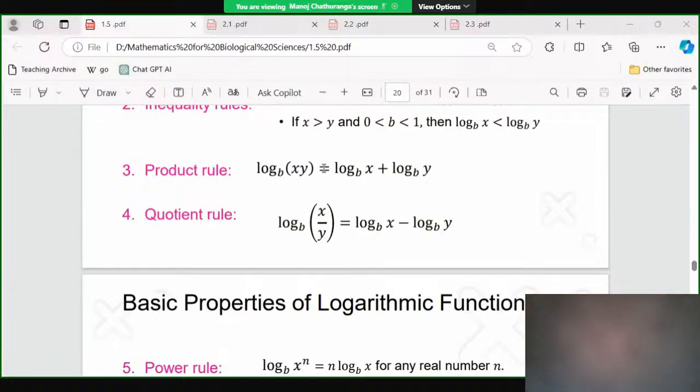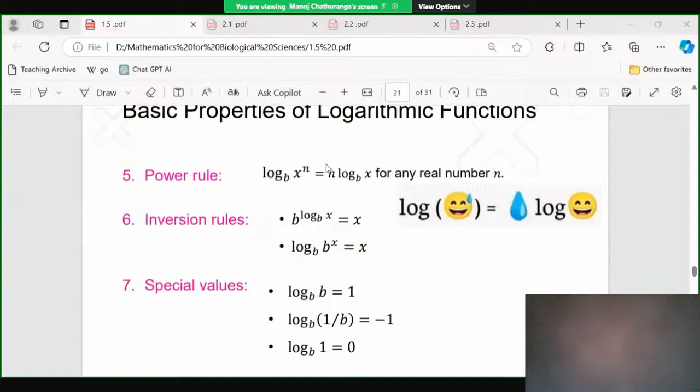On the other hand, for exponents, the product of powers is the sum of exponents. Then the quotient rule, power rule,